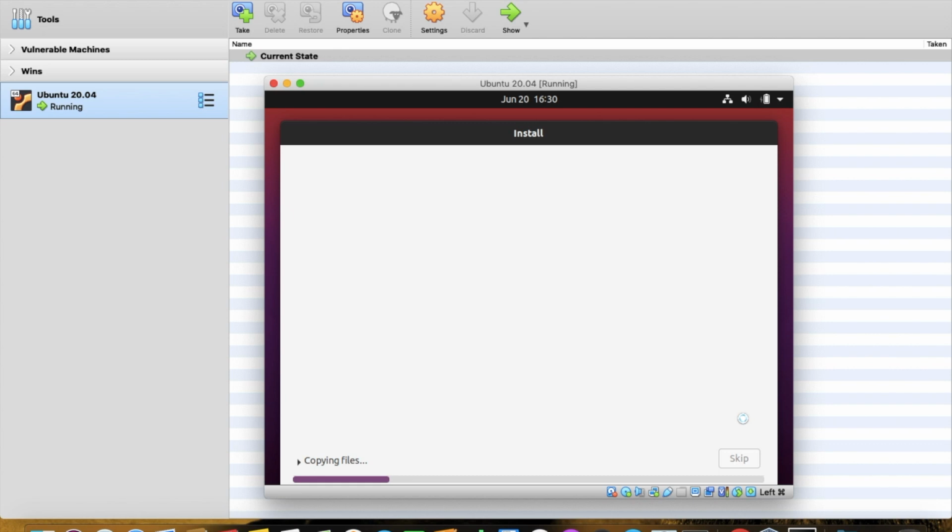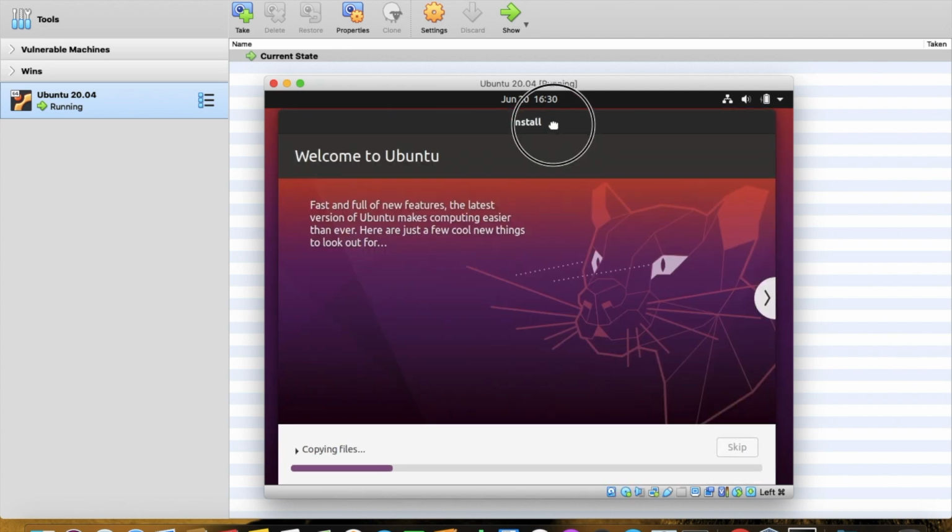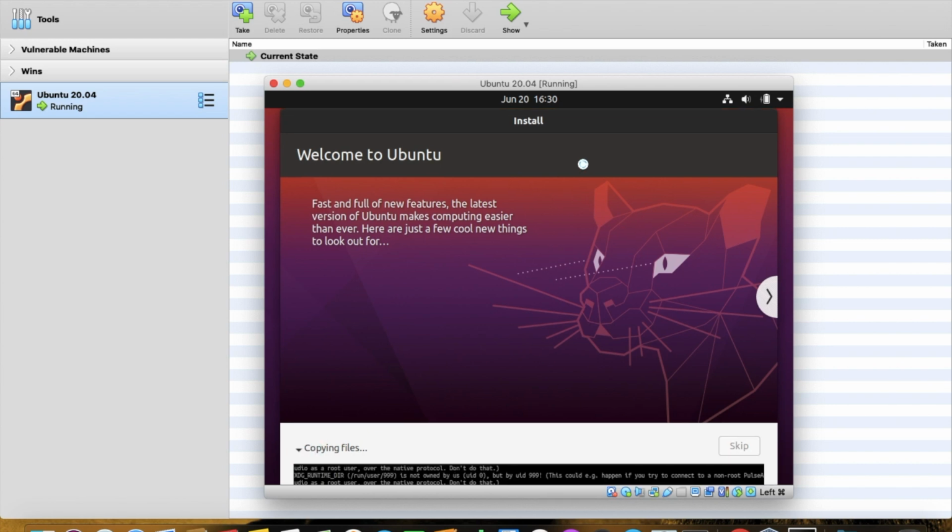Now the installation has actually started. It will take a lot of time. You have to have some patience to wait for it. You can see the summary of what is happening under the hood.